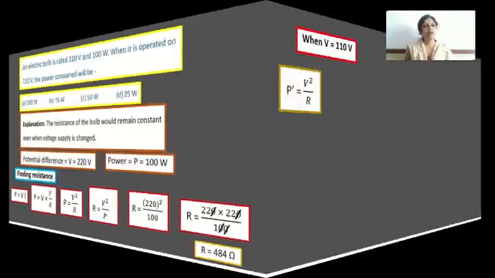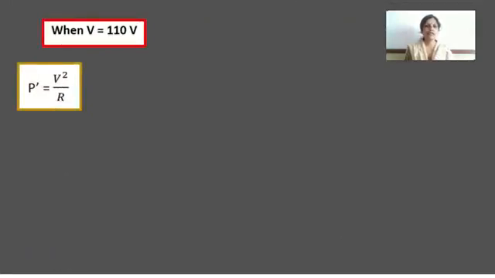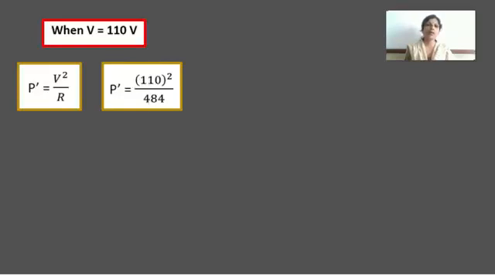Now we have the value of V, we have the value of R. We can find out power by using the same formula. So let's do that. So when the potential difference is 110, P dash is equal to V square upon R. Same formula we are using, P is equal to V into I. In place of I, we are substituting V upon R. So the formula changes to V square upon R. So now by using the new voltage, that is 110 the whole square, and the resistance of the bulb we have calculated, 484. This resistance will be for 220 volt also, and this is for 110 volts also.